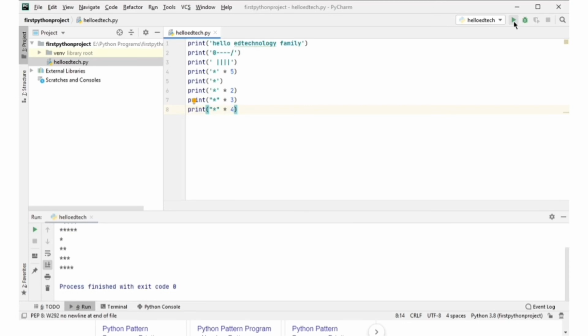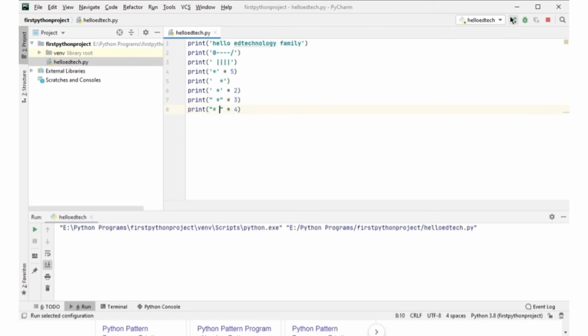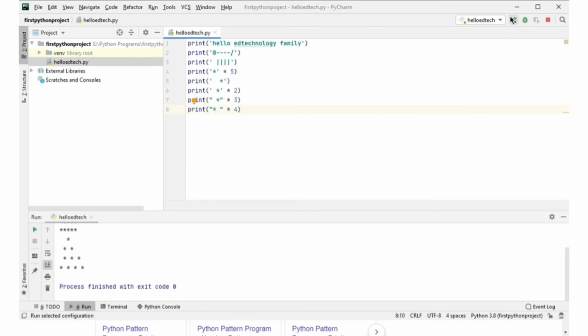If you can observe, here a pyramid pattern is created. Yes, you can modify this also, like putting a space in here, right? 2 spaces, 1 space I think, and when we give a space in here, let's see how it looks like. So the pattern changes. In here also you can give some space between each star, and this is how the pattern will look like.